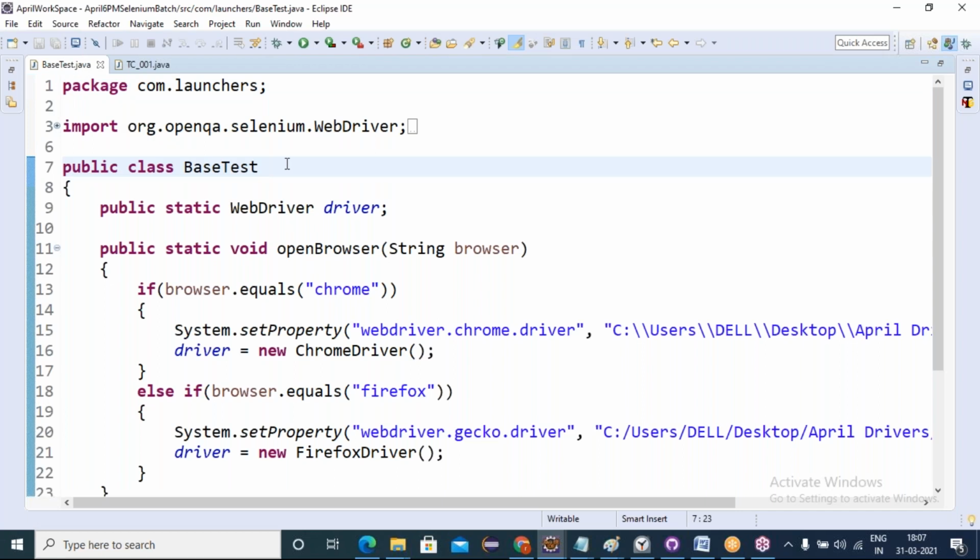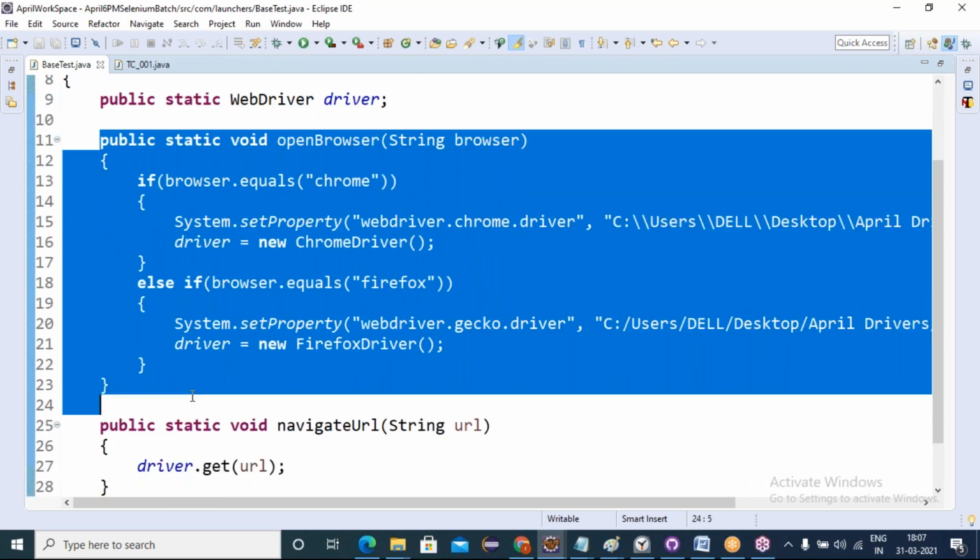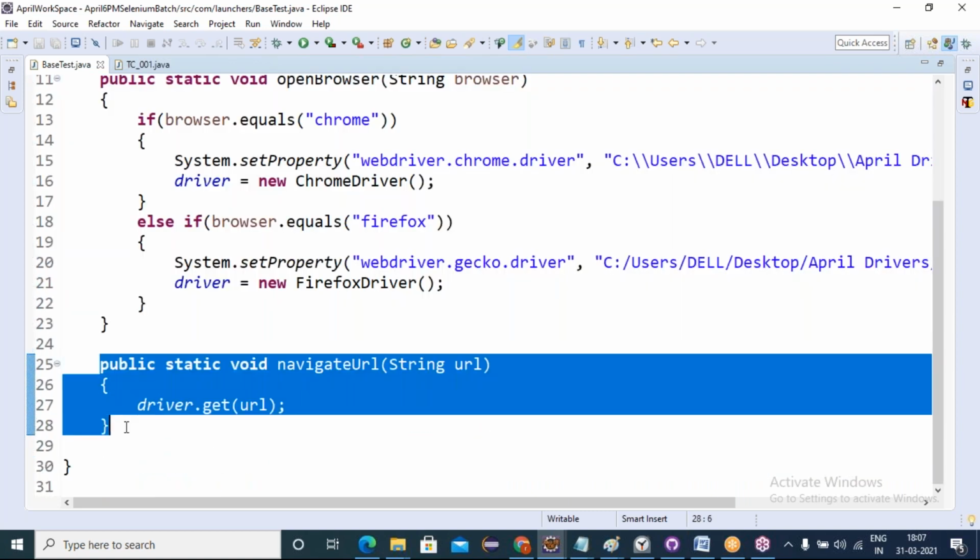Last class, we saw all the prerequisites to start Selenium, and we saw how to launch a browser with a standalone program. Because launching browsers and navigating URLs is common functionality for every test case, we made a common function for launching a browser and navigating to a URL.